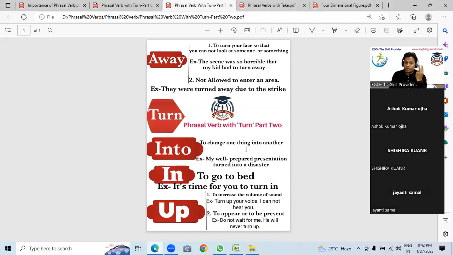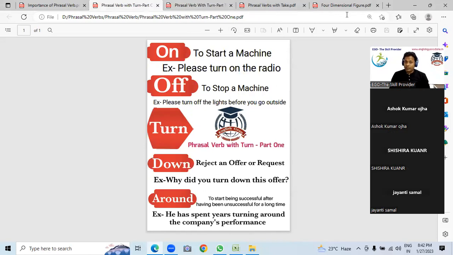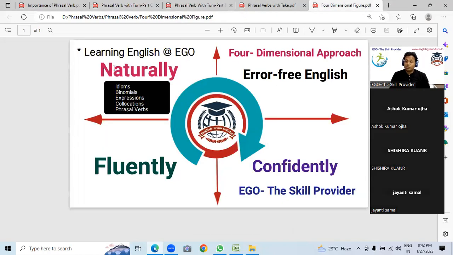Look, I have told you two things: a phrasal verb is not just a verb. Phrasal verbs are very common in spoken English, very common. So when you use phrasal verbs, you are trying to speak English very naturally. Think about that, understand. If you are not using them, your English does not come across as attractive.